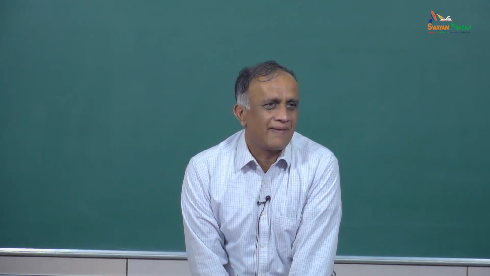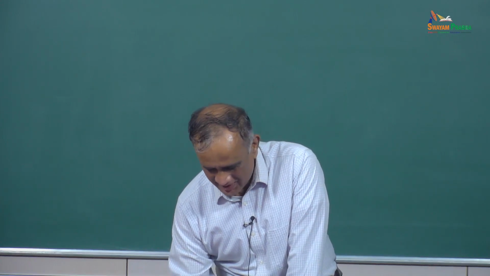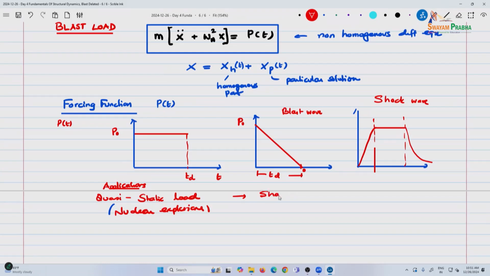We will look at all three cases here. This is a sharp rise and a drop. Here you have a linear rise, then sustained, and drop. And the drop you can either do, once you start putting exponential functions,